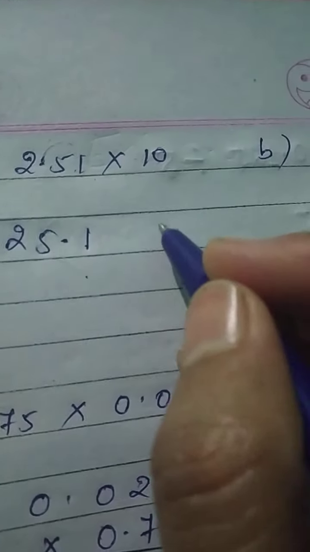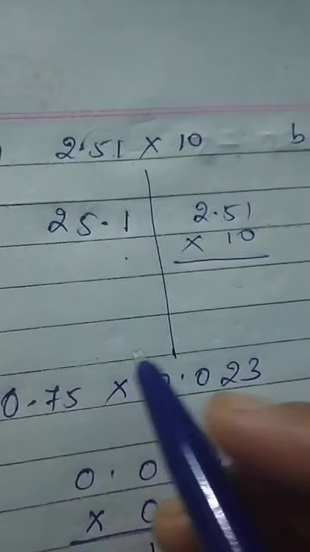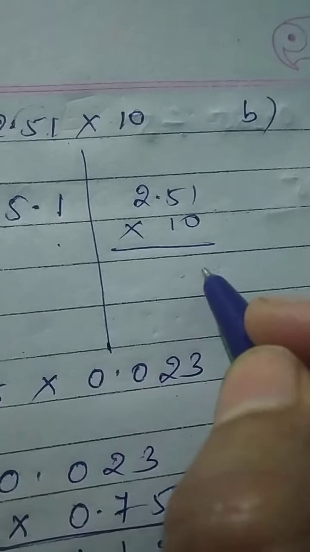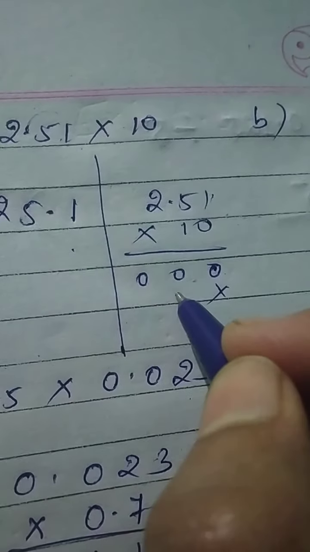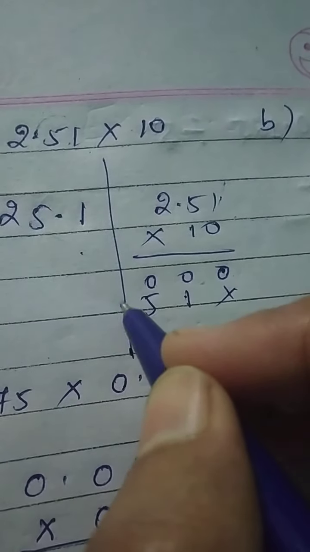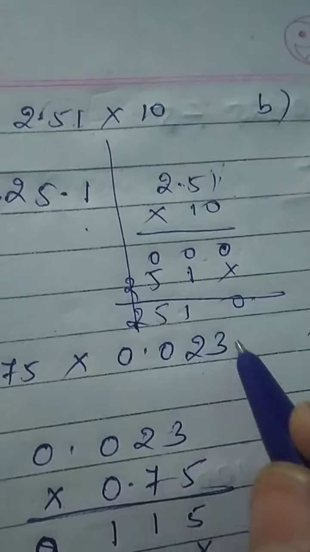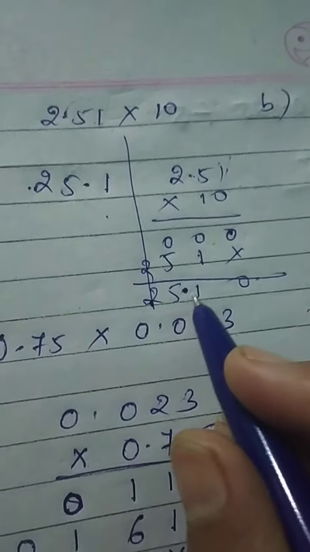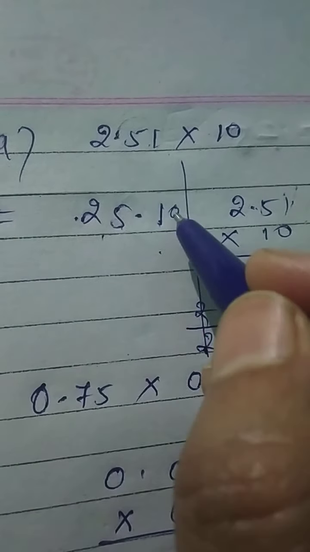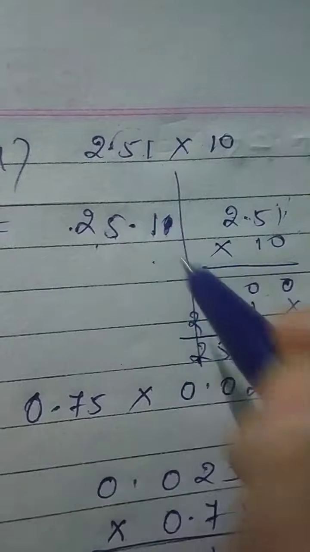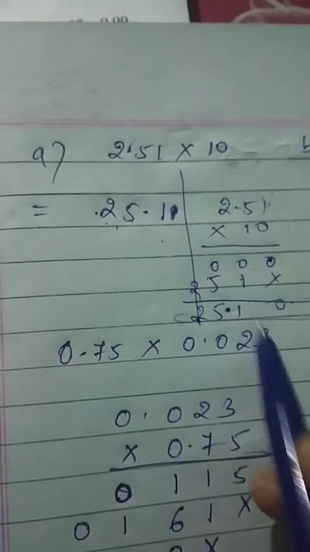Okay. You can multiply it like this also. The same answer will come. This is the direct multiplication. This one you can do: 0 1s are 0, 0 5s are 0, 0 2s are 0, 1 0, 1 1 is 1, 1 5 is 5, 1 2 is 2. Now you can see 1 2. After 2 digits you have to put the decimal. So 25.10 or 25.1, both are the same thing. You can write the 0 also, but it is not needed.